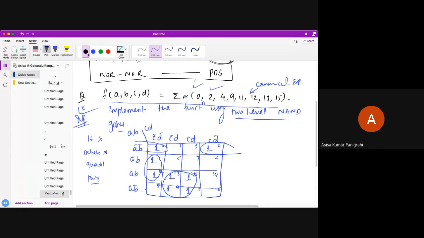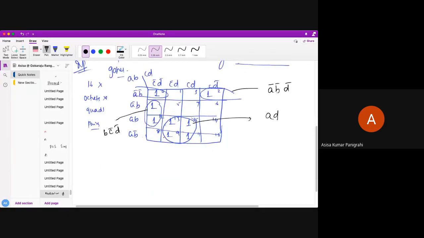Okay, so what are these actually? The minimized values. The minimized values are obviously here for this grouping. I will get actually the common is A, D. Here the common is actually A bar, B bar, and D bar. And for this I'll be getting B, C bar, D bar. Okay, so finally what is the function we have got? The minimized function is F equals AD plus B C bar D bar plus A bar B bar D bar. Okay, do you all understand? So this is my minimized SOP which I have got actually.